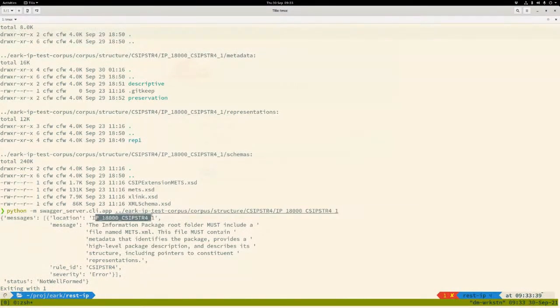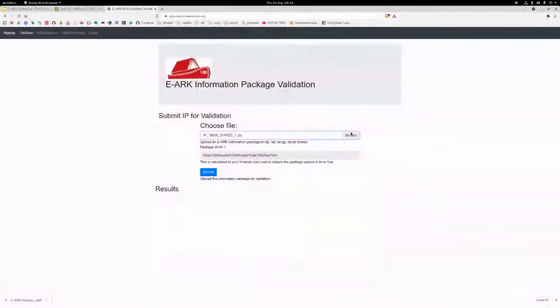message. The location tells me it's in the root of the package. The information file must contain a file named METS.xml, and this file must contain metadata that identifies the package, provides a high-level package description, and describes its structure. We can't check all of that, and it's certainly not, that's the intention again. We can check completeness for what's in the package, but as I say, we cannot check the intent. So it's possible we will reword one or two of the requirements so they're a little bit more specific. But that's a broken package,